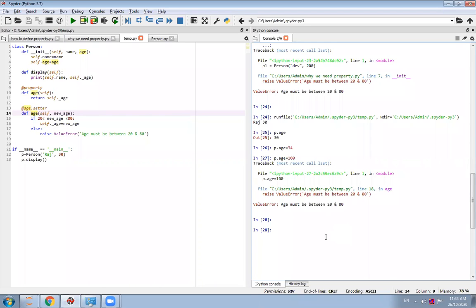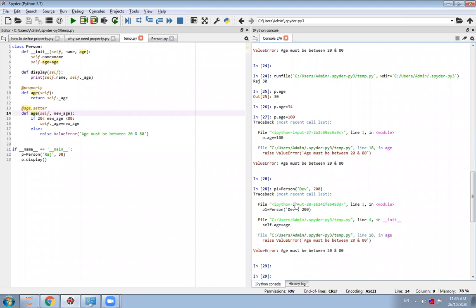But here, if I create another instance, p1 is equal to Person, and set the age to 100, let's see whether it will accept or not. You see it is not accepted. Even though I have not put any kind of condition here, I can't set the age.